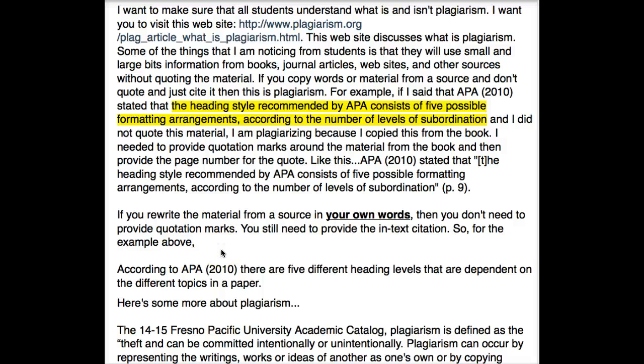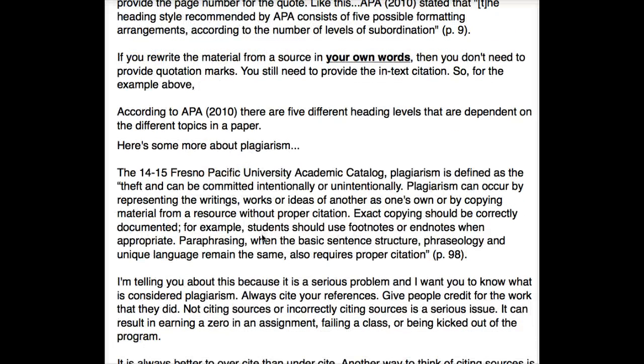Hello, class. I want to cover something in this presentation that is in a course announcement in our class, but I just want to hit the highlights on this. It's about plagiarism. I've come to understand that many students don't quite understand what plagiarism is and what it means. So in this forum, I've described what that means, but I just want to hit the highlights. You should read this when you get this. But I'm going to go down here where it's defined in our academic catalog,